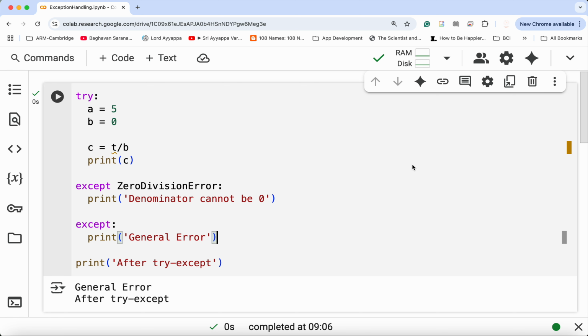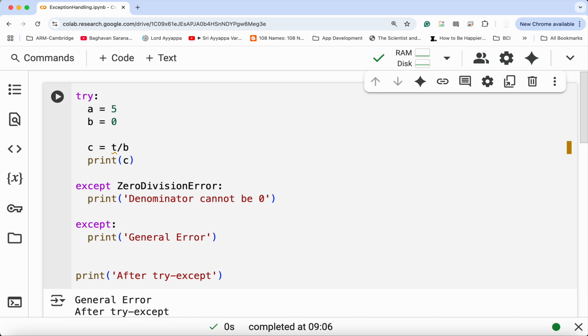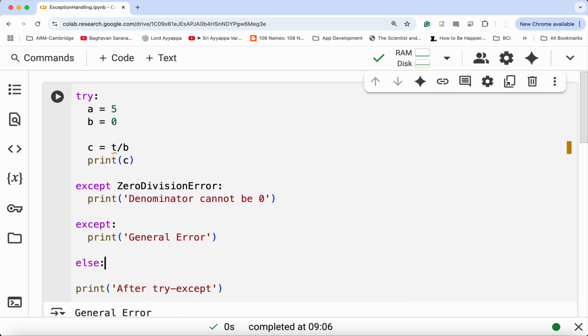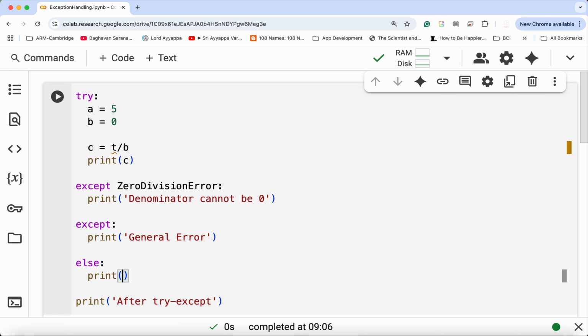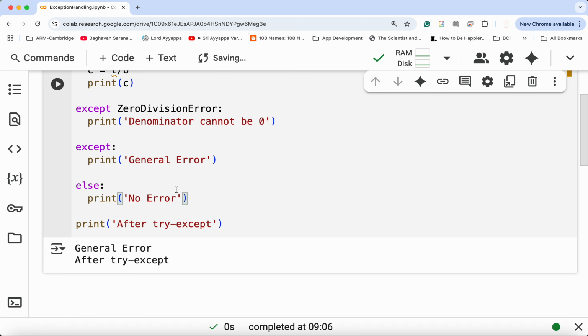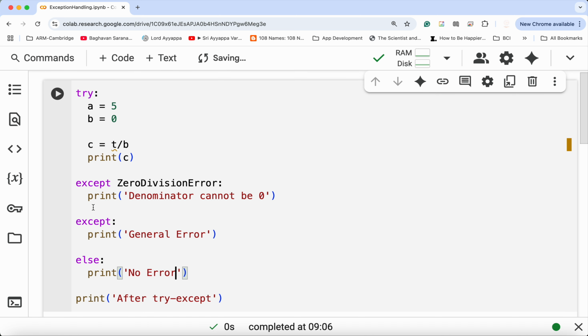Hi, so let's continue from the last video. Now, besides the exceptions, if there are no other exceptions, you can add a statement that says else. Else, for example, no error. So this else means if there are no exceptions, meaning all the above exceptions are not triggered, then